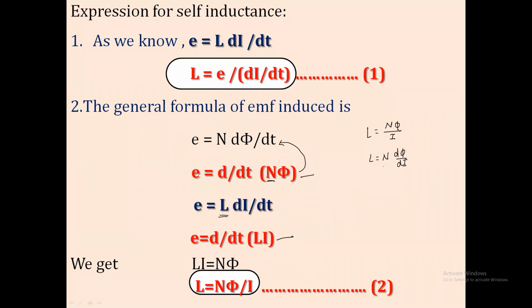And now based on this equation, we will try to derive one more form of self-inductance. How can you create that? Now these are the two forms I just kept in front of you. Now I am trying to derive one more form. Just concentrate here. From the previous equation, L is equal to N phi upon I, we can write in the differential form L is equal to N d phi by di. Suppose we consider that as equation number A.